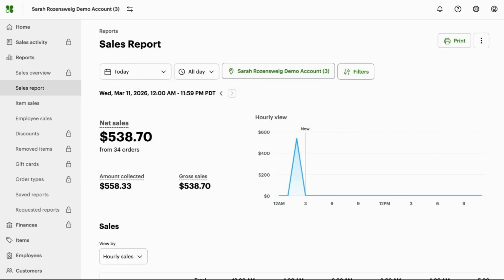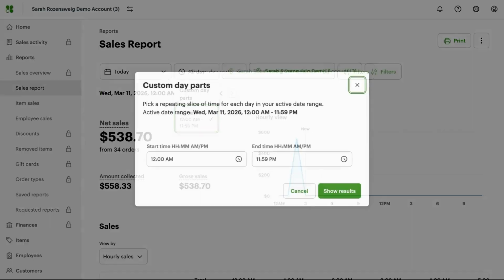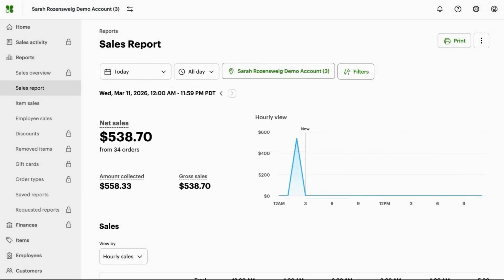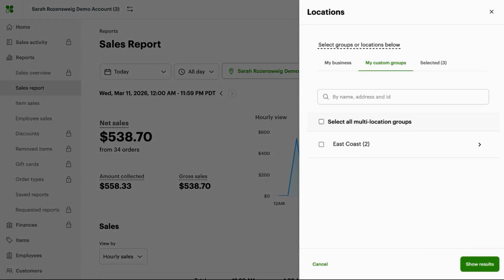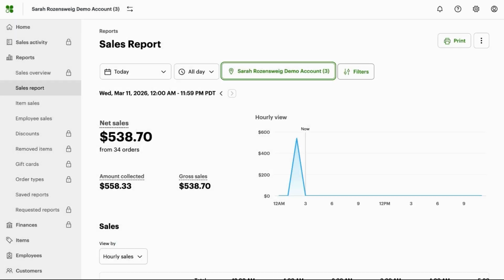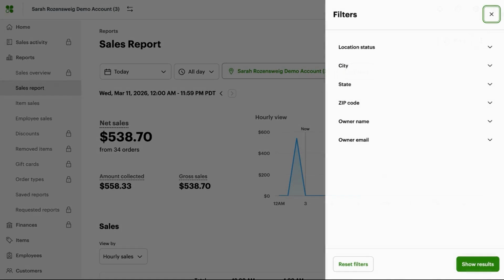Customize your report using the provided filters. You can filter by date range, view reports using custom dayparts, and view all or specific locations using custom groups. Filtering by city, state, and zip code on the Clover multi-location dashboard transforms a mountain of data into actionable regional